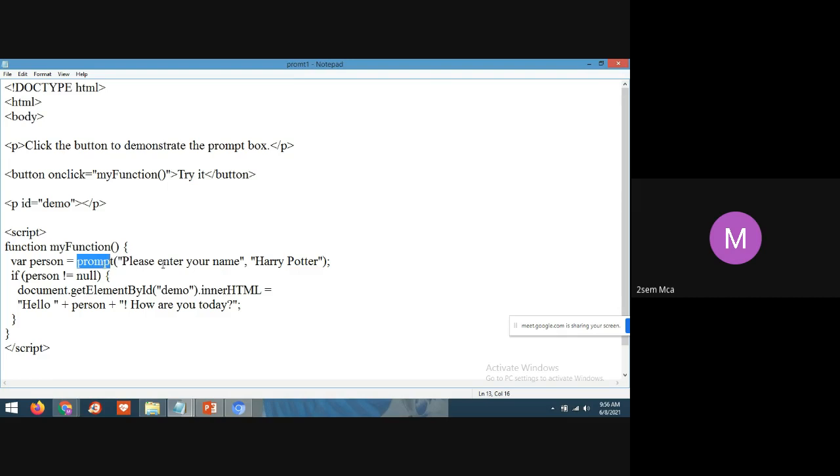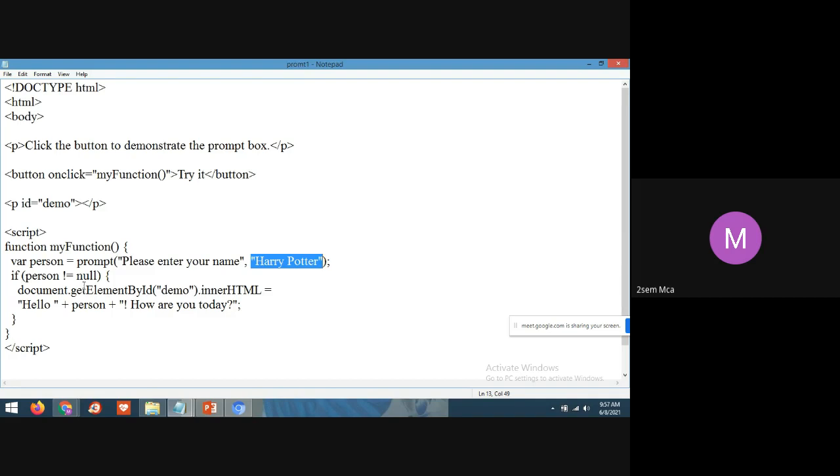That is, please enter your name. Harry Potter. See, already the name is entered, students. So no need to enter again. You may get a doubt, if the name is already there, can I change it? That we'll see later. Let me explain this program and let me run and show this program. Please enter your name, and the name is already entered.